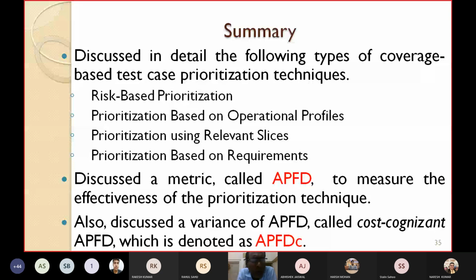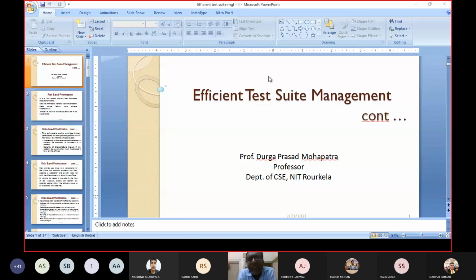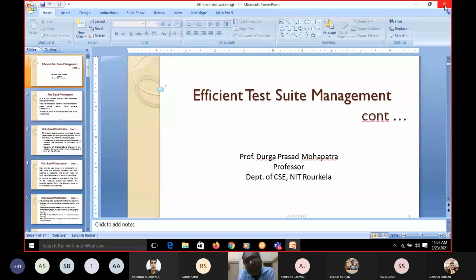This is a very important technique. Those who will do research, an MTech thesis, or a PhD thesis on test case prioritization must measure the APFD. As I have already told you, I have taken one example. You take the same example, but reorder the position of the test cases in the test suite. You may take first T2, then T4, then T5, then T1, then T7, T10, then T9, like that. Reorder the test cases and measure the APFD values. Then only you can understand. Whenever you propose any new prioritization technique, it must be supplemented by its efficiency, by finding the APFD values.